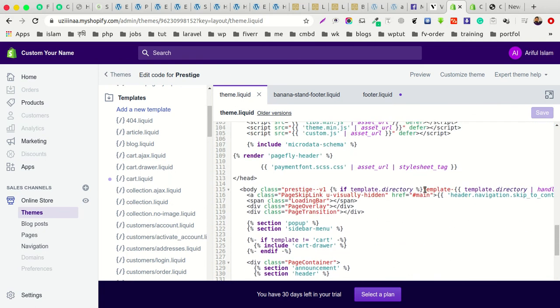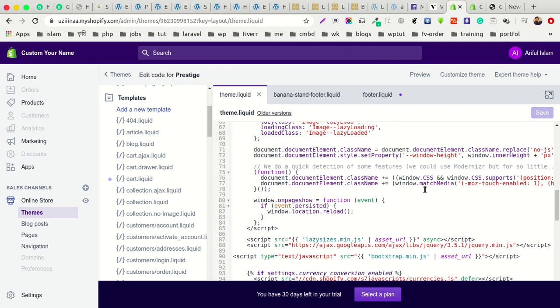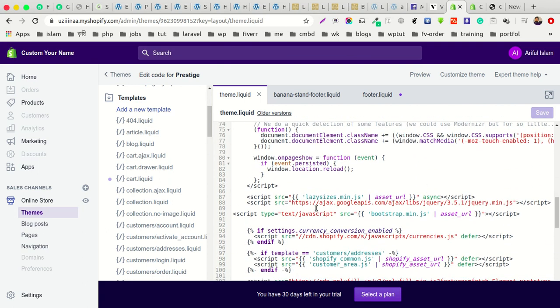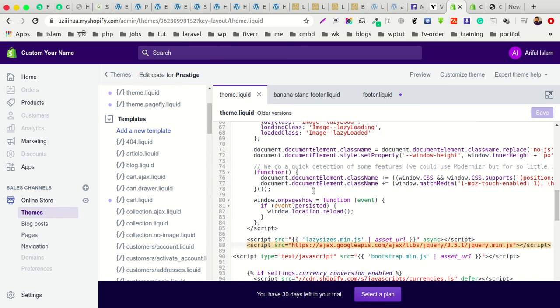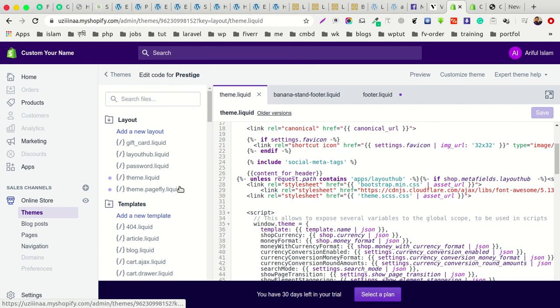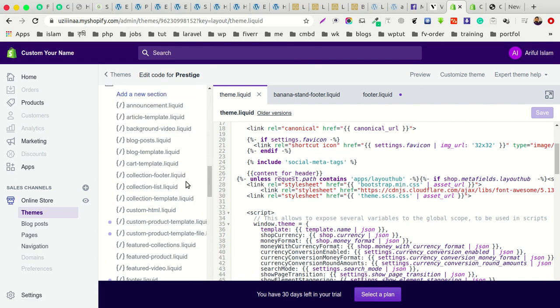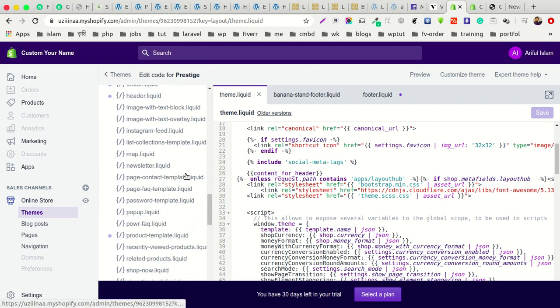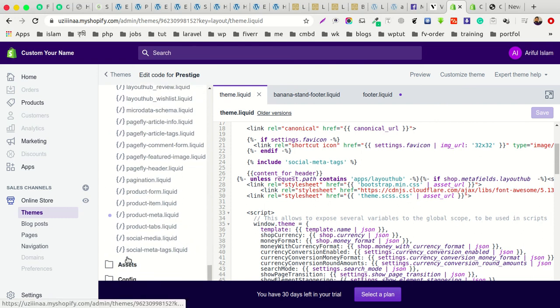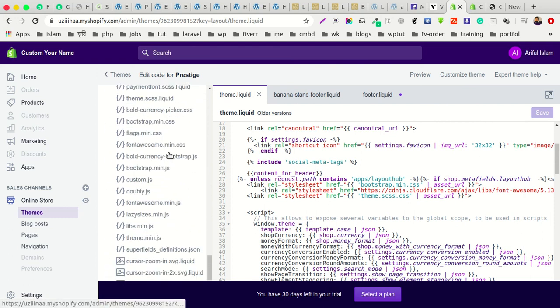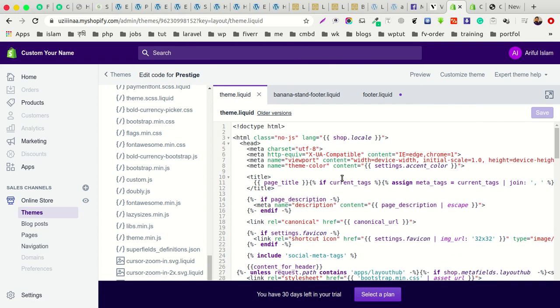So this too. If you want to add it from the file system, you need to upload the CSS library in here, like we have inside assets. As you can see that we have the file in here, and it's also available in a CDN